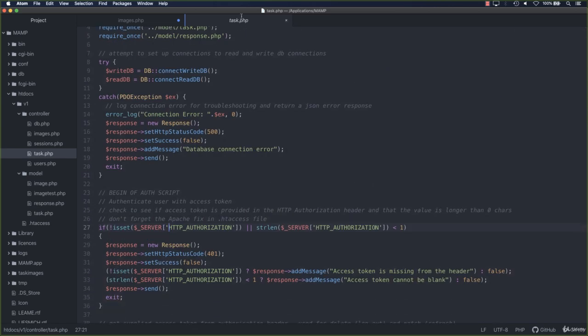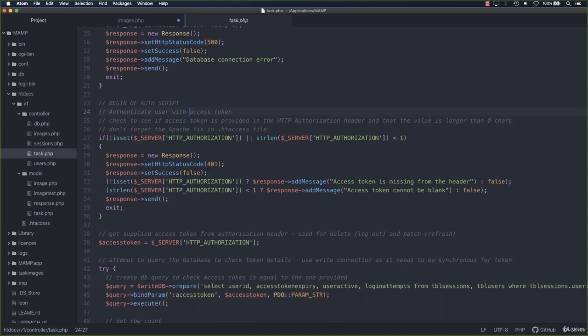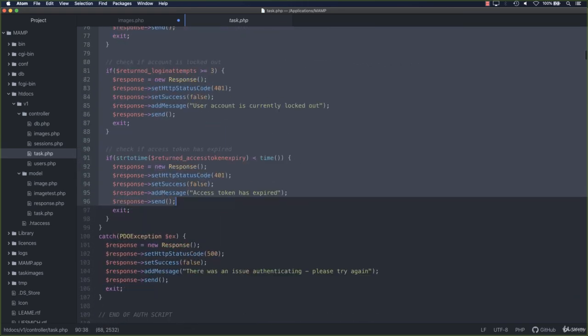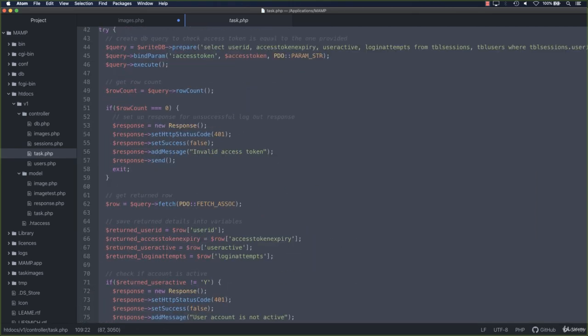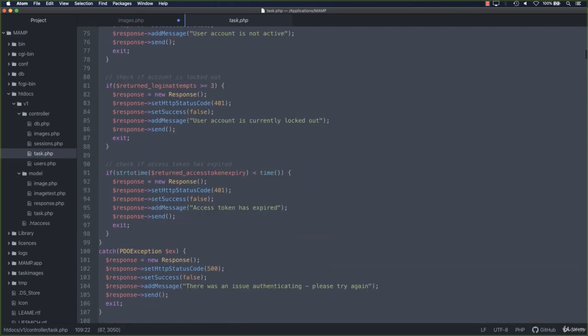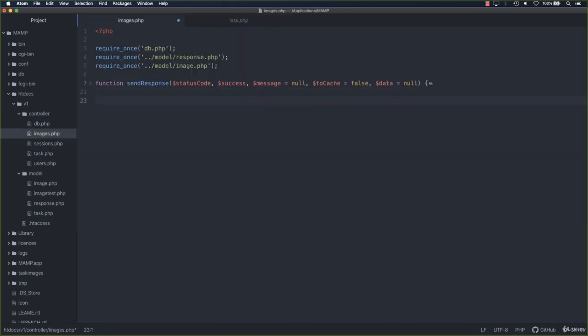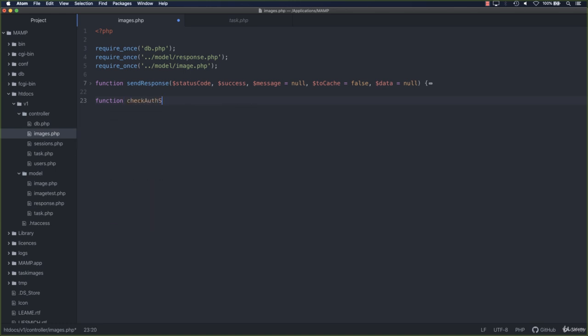I'm not going to restructure this task controller because I don't want to re-architect the application at this point, but that's what you would do. What I am going to do though is actually just take a copy of that to save us some time writing it all out, because specifically this section is concentrating more on images. I don't really want to go through this again because we've already done that. So I'm just going to take a copy of that, and then I'm going to create a new function, and I'm going to call it check auth status and